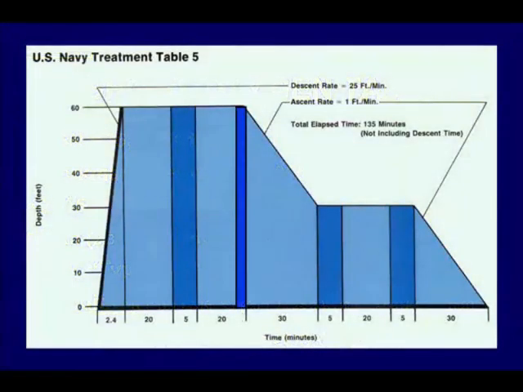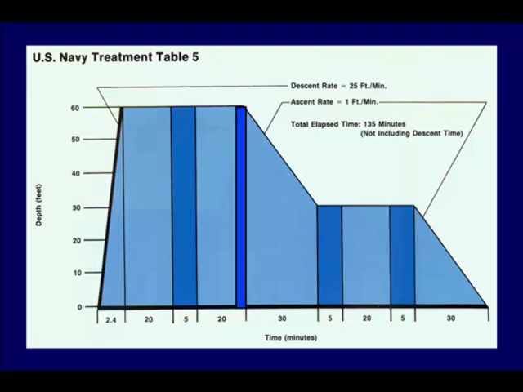This is what the table looks like. It starts at 18 meters for 20 minutes, has an air break, a following 20-minute period, whereafter the original table by the Navy started with a decompression from 18 meters to 9 meters. Based on the so-called risk of oxygen-related seizures, the Air Force conservatively added a 5-minute air break prior to the ascent from 18 meters to 9 meters after the second oxygen breathing period. This table is not extended.